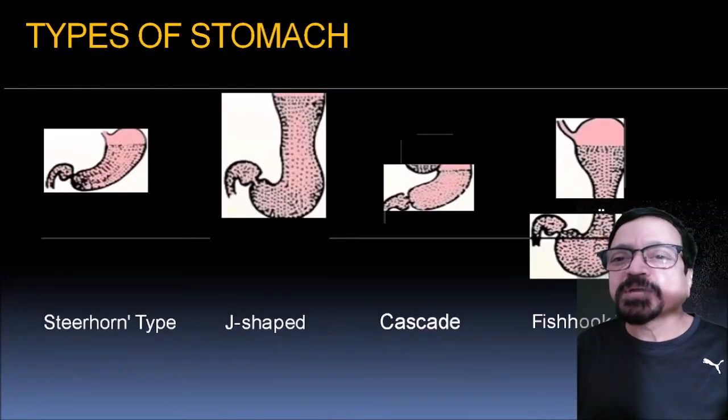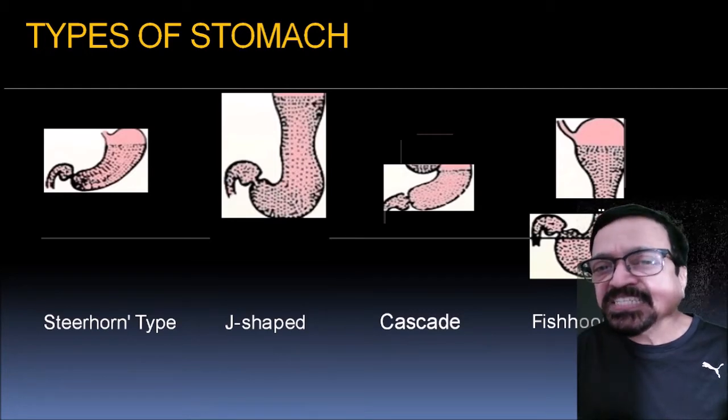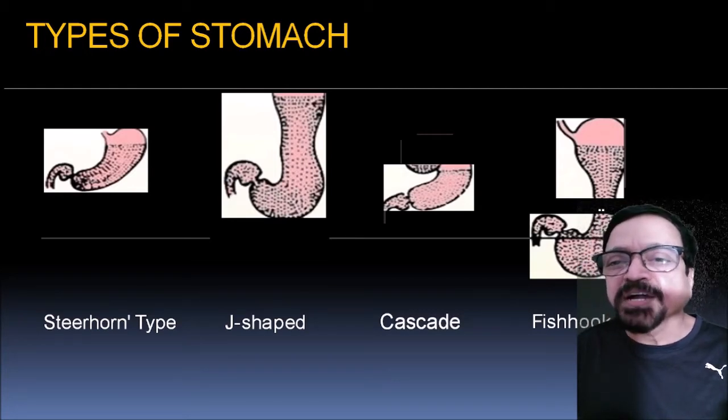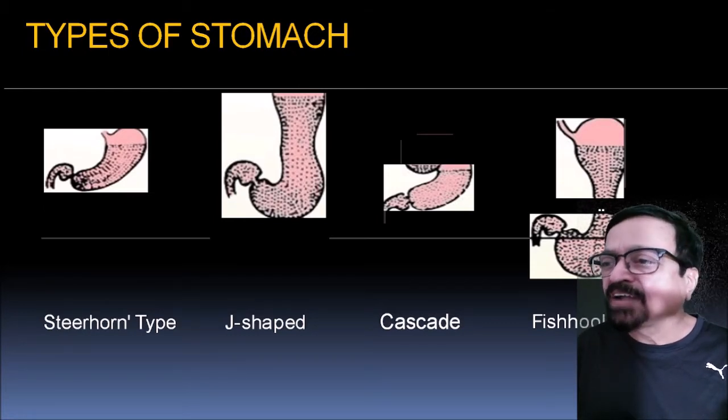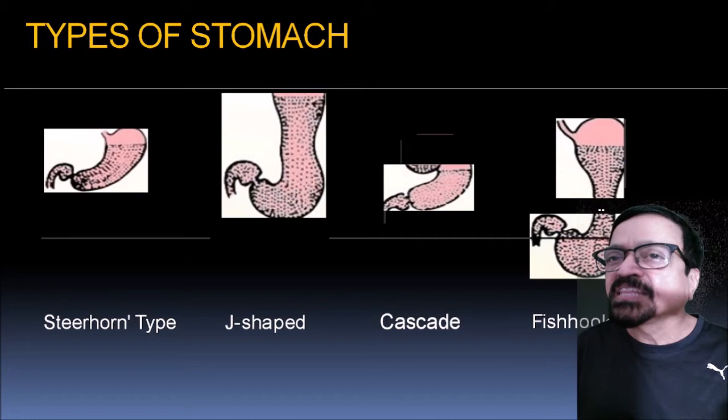Now what are the types of stomach? As we are seeing here, the first is the steer horn shape of stomach. Then second is J-shaped. Third is cascade type. And fourth is fish hook type. Now these are normal variants of the stomach which can be seen in barium, and they should not be mistaken